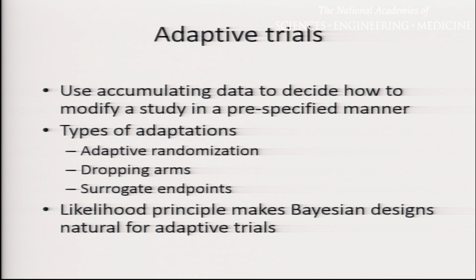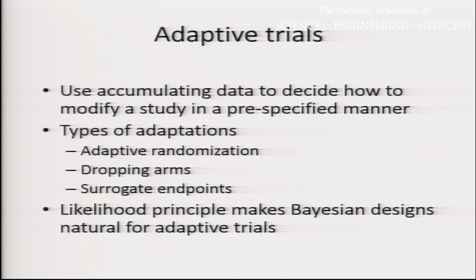So just take a brief look at adaptive trials. It's used very broadly, but I'll be talking about it as a way of using accumulating data to decide how to modify the study, but in a pre-specified manner. You can't just do whatever you want. You can have everything from adaptive randomization to dropping arms or even early looks, surrogate endpoints. I'll talk a little bit about Bayesian